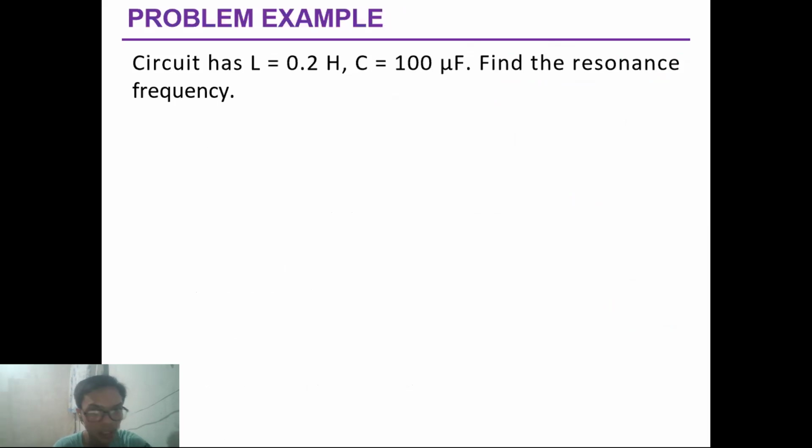So we have here another problem. A circuit has an inductor of 0.2 Henry. The capacitor is equal to 100 microfarad. So we are going to find the resonance frequency. And to find it, we have the following formula. W sub O is equal to 1 over